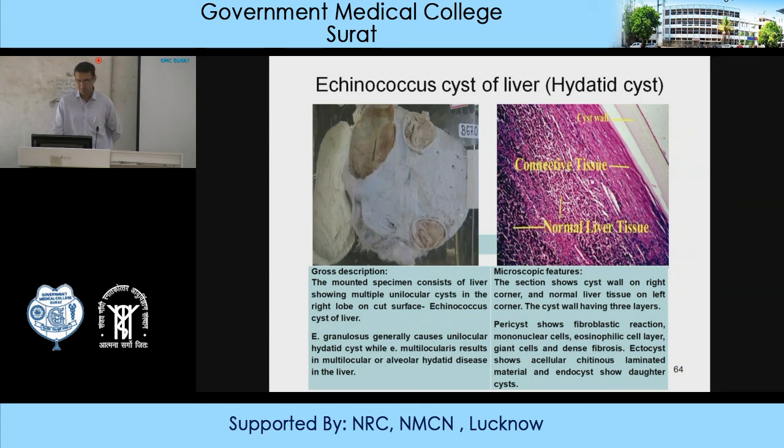And in microscopic, the section shows the cyst wall on the right corner and normal liver tissue on the left corner. The cyst wall has 3 layers. Pericyst shows fibroblastic reaction, mononuclear cells, eosinophilic cell layer, giant cells and dense fibrosis. Ectocyst shows acellular continuous laminated material, and endocyst shows daughter cysts. So this is the cyst wall. Here there is a connective tissue and here